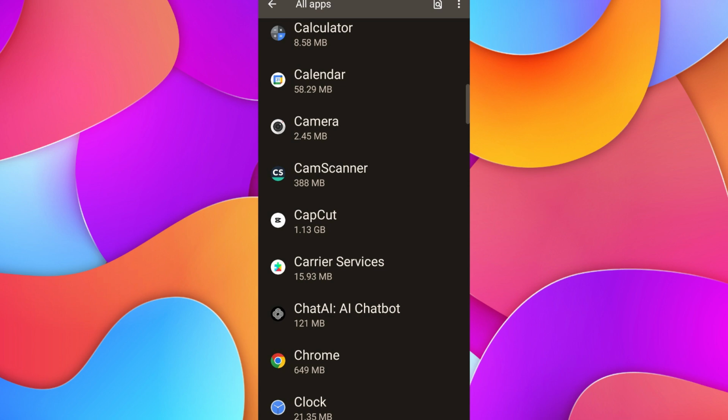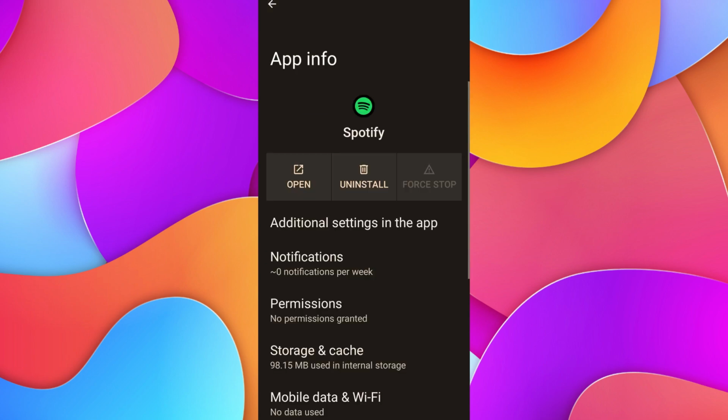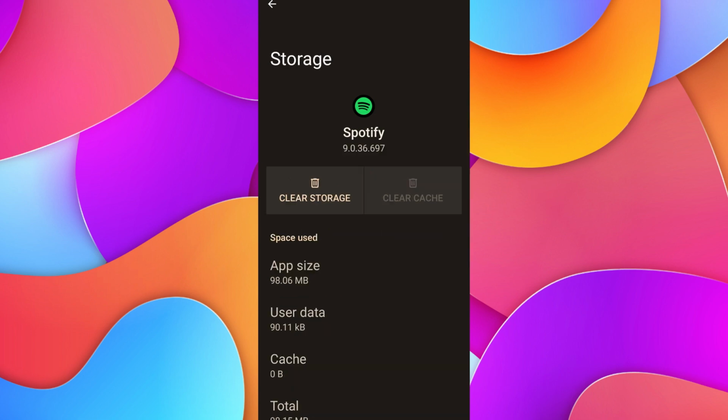Now either you can scroll to find your Spotify app, or on the top you'll see a search icon. Click on the search icon and you can search for Spotify. Now once you've opened the app, here you'll see a storage section. Click on storage, and then all you'll have to do is to click on clear cache to clear the cache